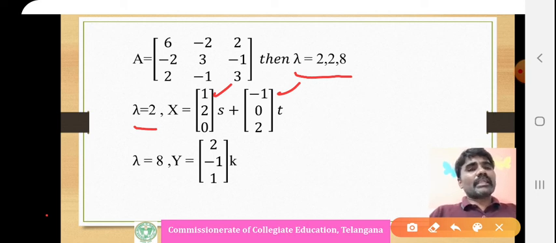These are linearly independent. You can check. These two are linearly independent, or these three are also linearly independent, or combining all three, they are also linearly independent. The eigenvectors corresponding to distinct eigenvalues are always linearly independent. And here particularly it is a symmetric matrix. In the symmetric matrix case, the eigenvectors corresponding to distinct eigenvalues are orthogonal to each other. These are not for distinct eigenvalues.